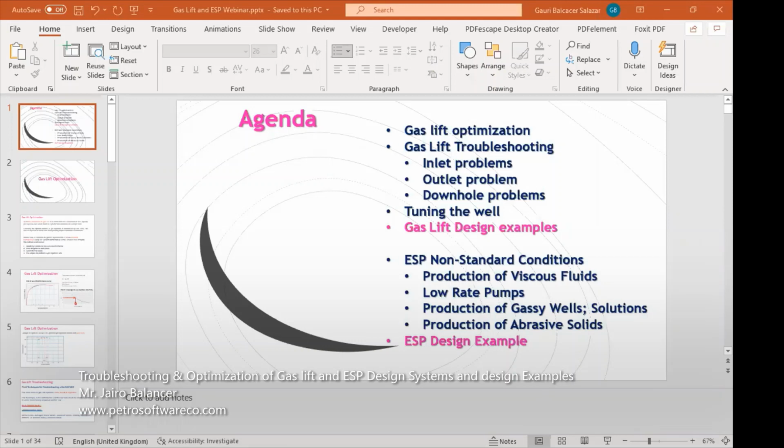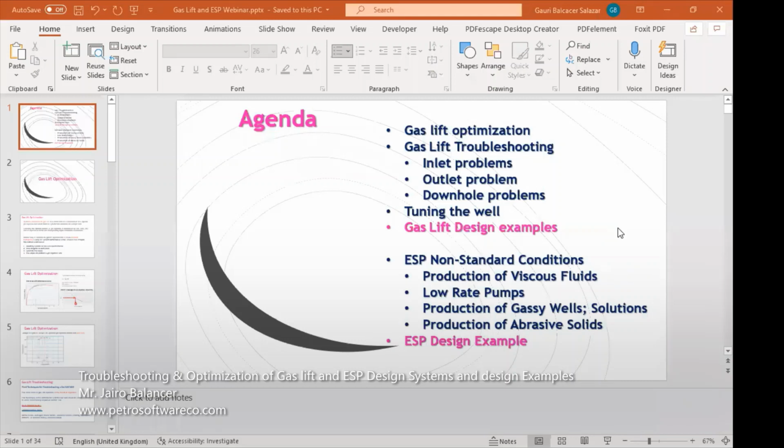And a word on tuning the well. And we will see a gas lift design example. Basically, it is a gas lift ratio optimization: how much gas we have and how much we can inject in order to get the optimum